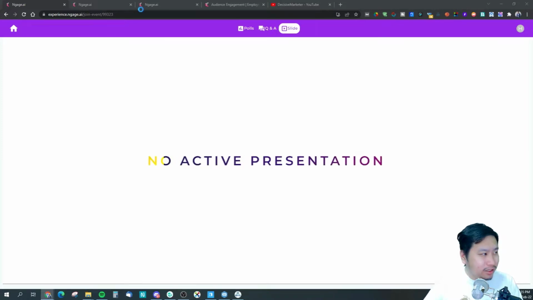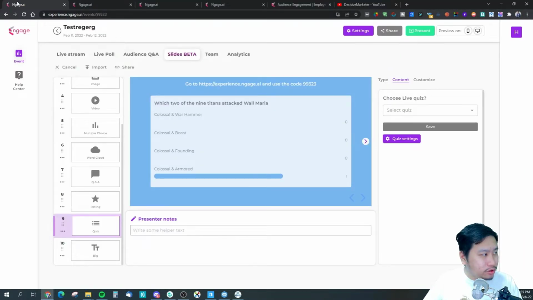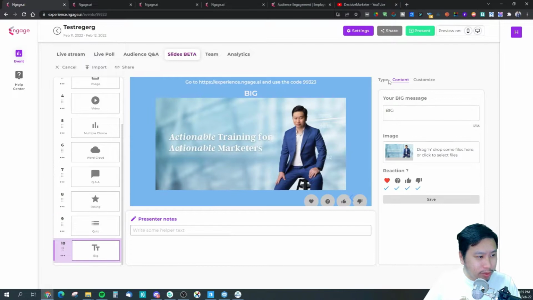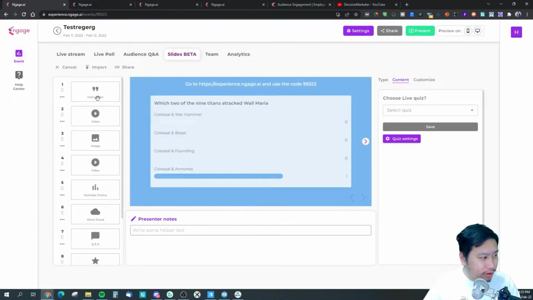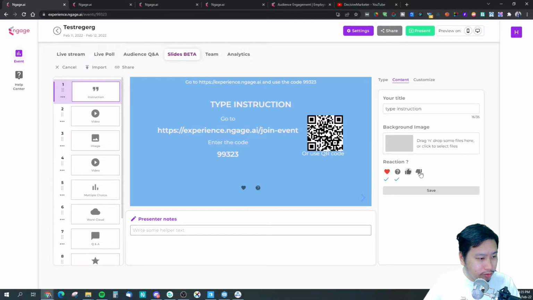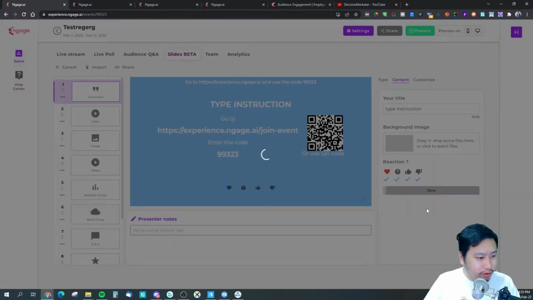Right, the big slide doesn't seem to show up for some reason. Might be an issue on their end, right? So I'm going to select one of these ones, put the reactions in here. Okay, let me save this.